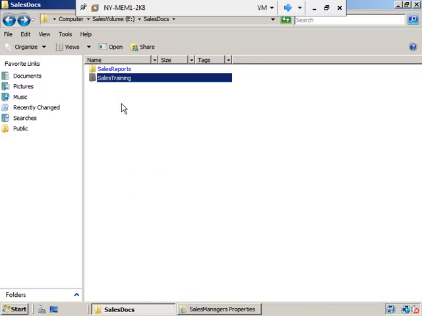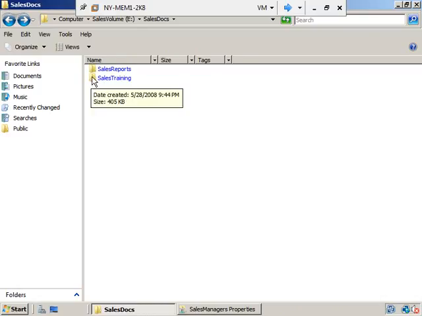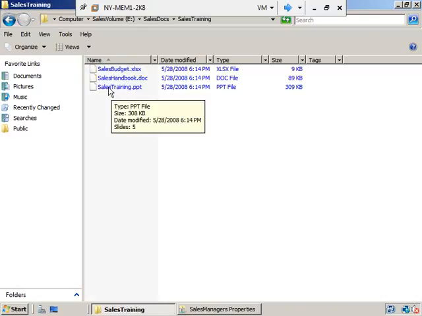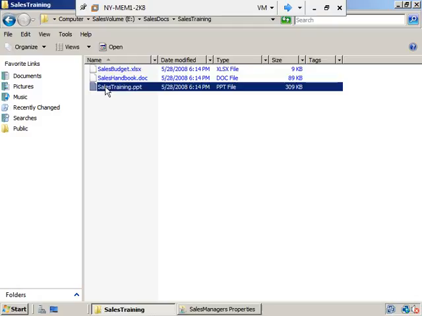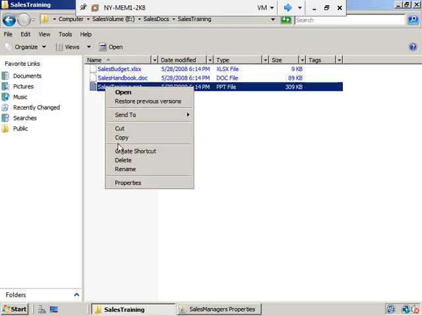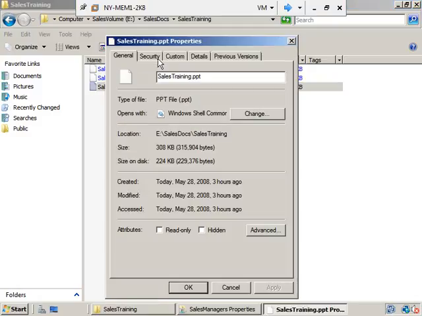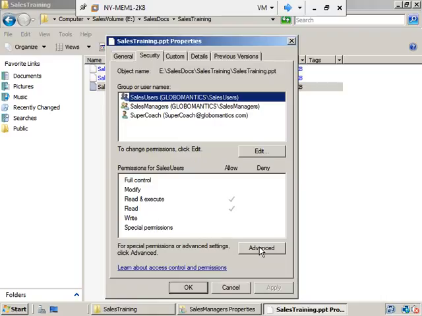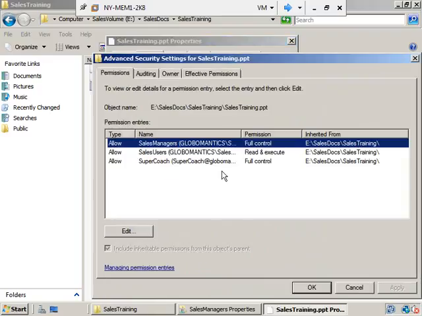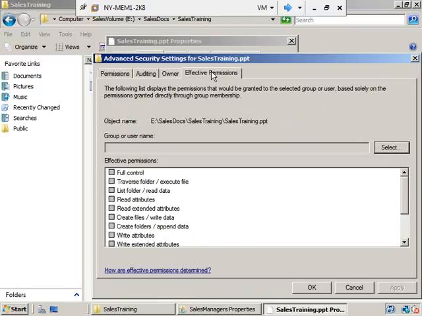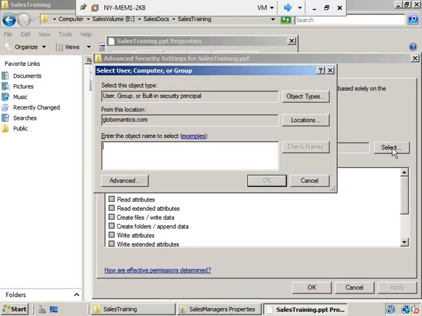So now that we have checked our permissions using the advanced section of the Security tab, we've checked the permissions on the folder. We should check them on the file too, don't you think? Let's go ahead and open up sales training, and let's just do the PowerPoint real quick. So I'm going to right click on sales training here and go into its properties, into the Security tab, and then to Advanced. And now I'm going to go to the Effective Permissions tab again and click on Select,